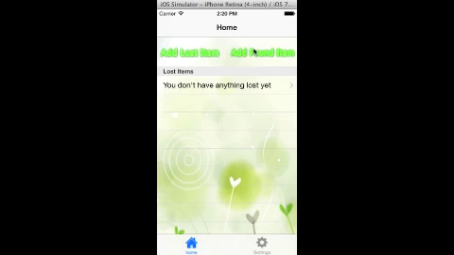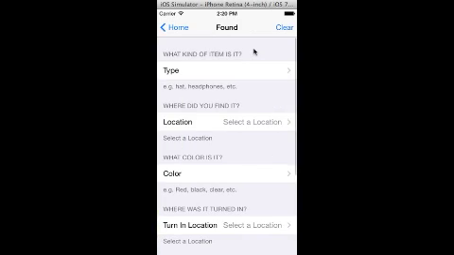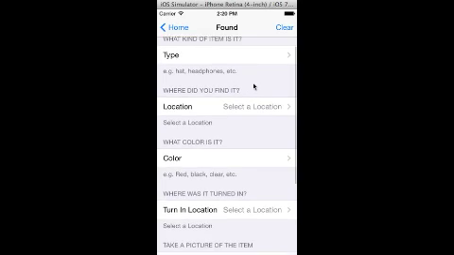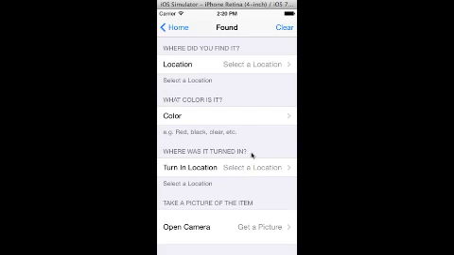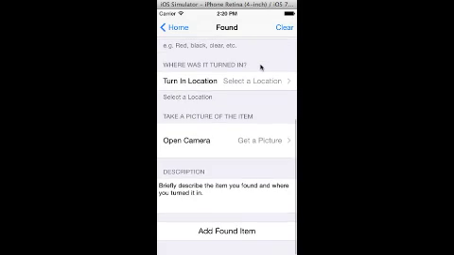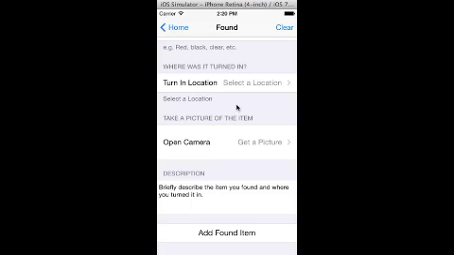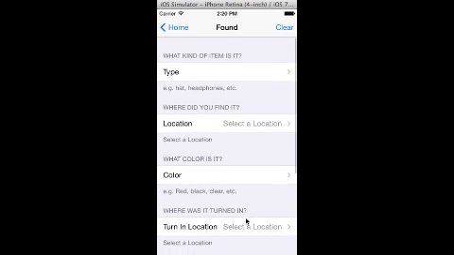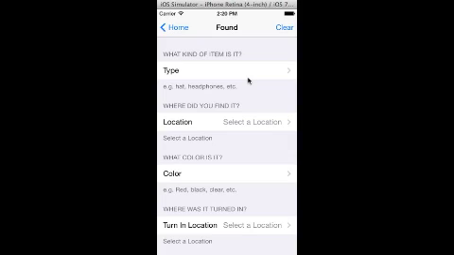Now we're going to start by adding a found item, and it will ask for specific information about that found item, such as what kind of item it was, where it was found, what color it is, where it was turned in. You'll take a picture of the item along with providing a brief description of the item and where it was found. So now let's say I found a water bottle in the Mac lab of the computer science